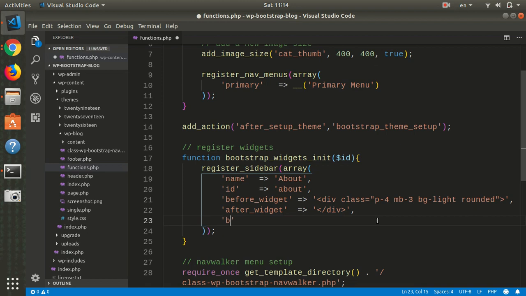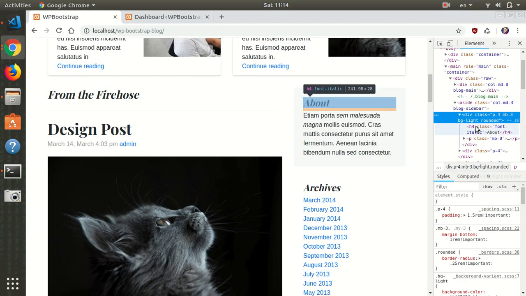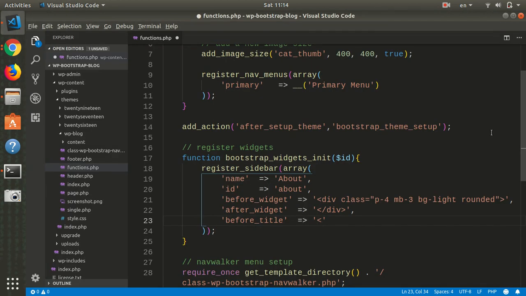So let's add before title. Okay, so basically we need to add an h4. Yes, an h4 tag, h4 with a class of font italic,